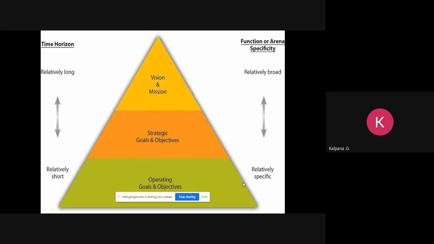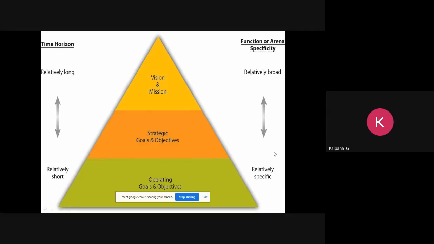Like I said, we do have vision and mission for CSE department. That is different from the vision and mission of the ECE department. Those are specific to the CSE and ECE departments respectively. When we talk about the vision and mission of the college, it is for all the departments. So they are relatively broad. They are going to talk in terms of the engineering courses.